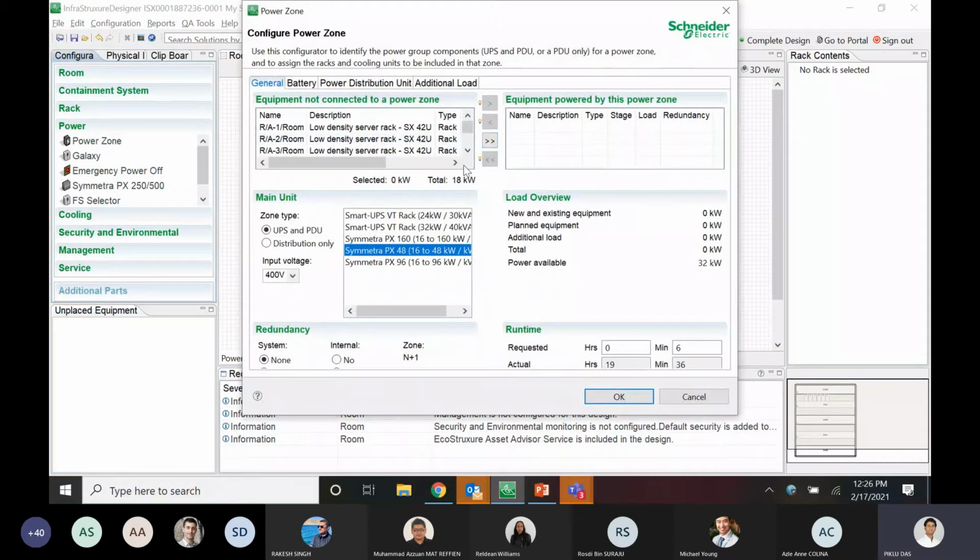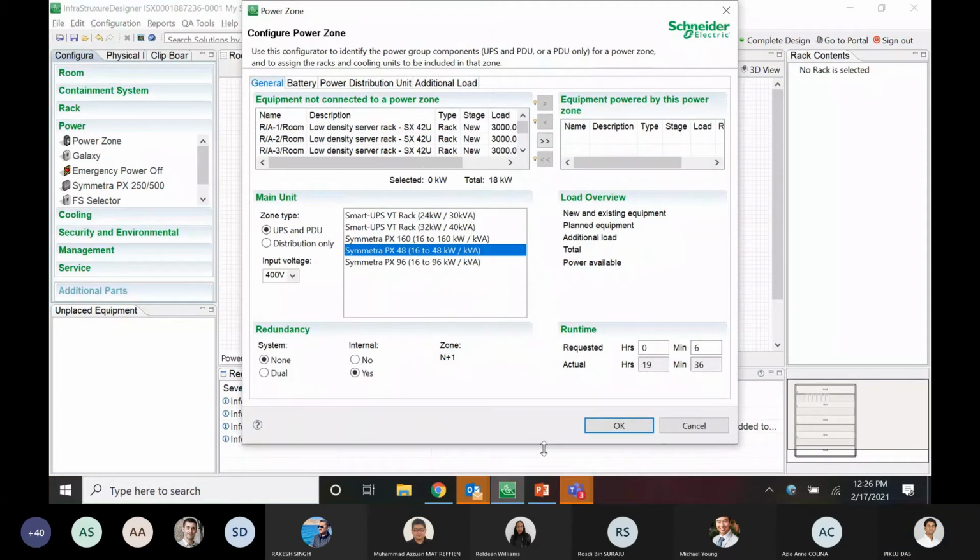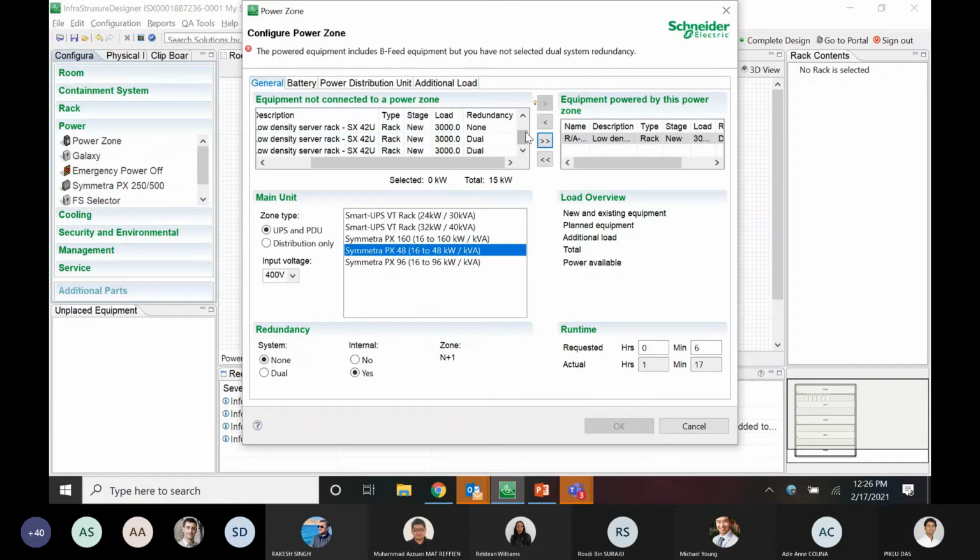Now, as you can see here, you can see the redundancy. All these three are none. If I go with this dual and try to power with the single, it says the power equipment includes B fit equipment, but you have not selected dual system redundancy. If you select dual, then that particular alert is satisfied.